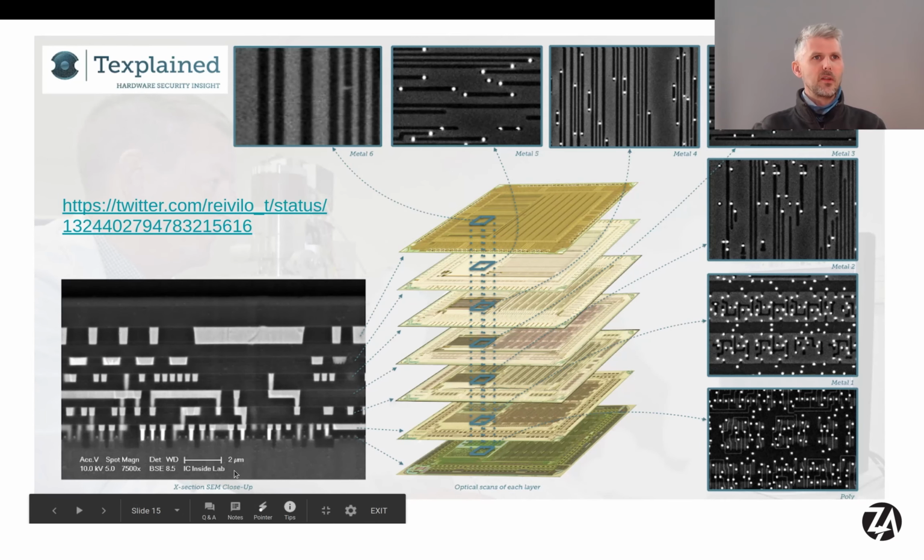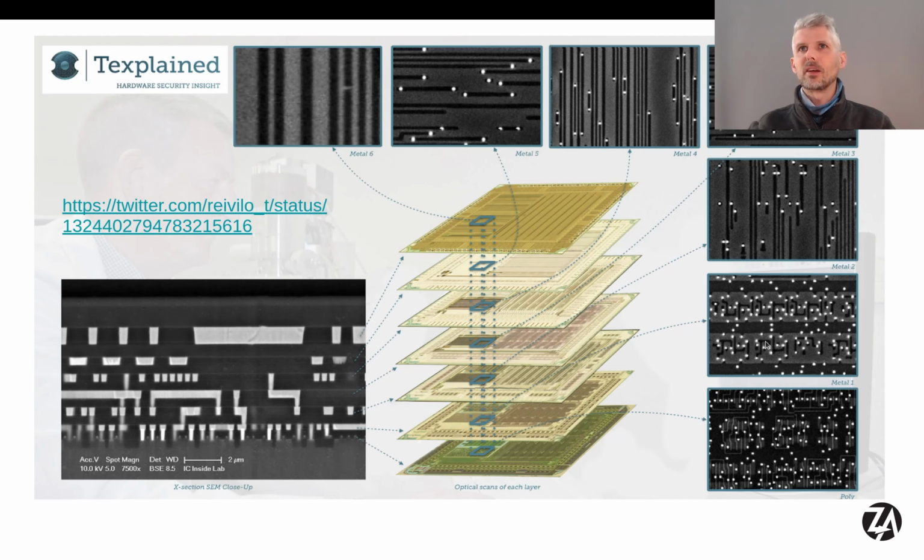Here's another look at the three-dimensional structure. So this is a cross-section here, and this bottom layer is where all the transistors are. So that's where all the work is actually done, all the switching. But to actually connect them together into a working circuit, we use all these other levels. So if we start down here, we've got the gates and the diffusion layers for the MOSFETs, and then we've